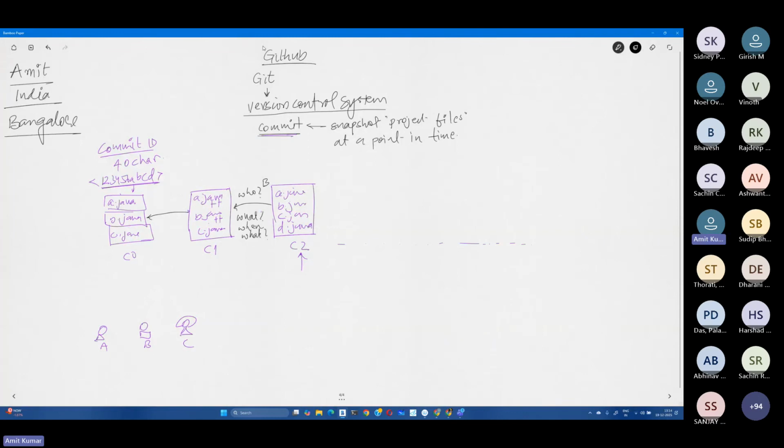C1 knows that its parent is C0. C2 knows that its parent is C1. So it's kind of a reverse linked list. From any commit, you can traverse back to its ancestors, right? Who was the parent, who was the grandparent, great grandparent, and all that. A parent can have more than one child,